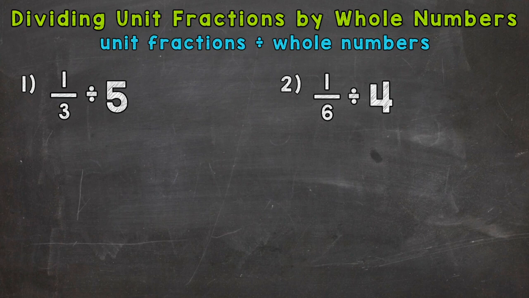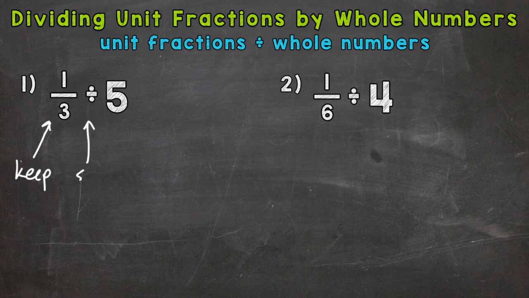So let's jump into number 1, where we have 1/3 divided by 5. So essentially, we're starting with 1/3, which is a fraction less than a whole, and we're splitting or dividing it into 5 equal groups. So we're going to end up with a fraction smaller in value than what we started with, 1/3. So when dividing fractions, we have 3 words to keep in mind: keep,